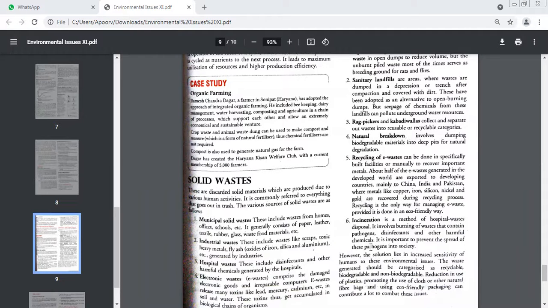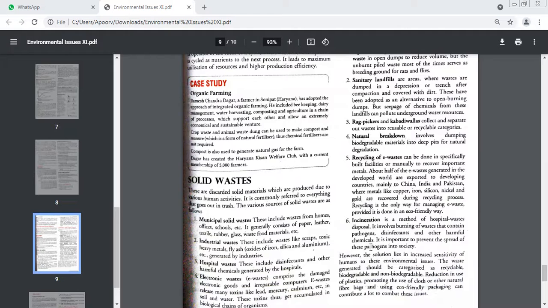We collect metals from it. Which kind of metals can be extracted from e-waste? Iron, copper, nickel, gold. What precaution has to be taken while extracting metals from e-waste? It should be done in a very eco-friendly way. Very good. And the last one was...